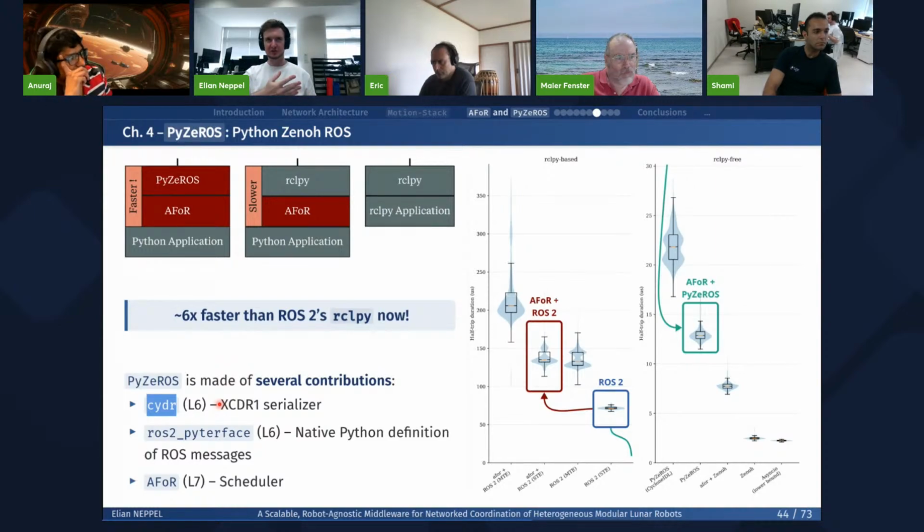This will transform your message into bytes onto the network. And to answer your question, first, I noticed that the codec that is part of RCLPy, that will transform your message to bytes for the network, my CIDR is faster than this already. So I can grab a few microseconds using this, and CIDR is written in C. It's written in Cython exactly. So Cython is basically a subset of Python and C. It's a weird programming language.